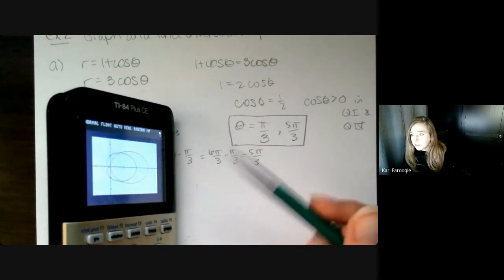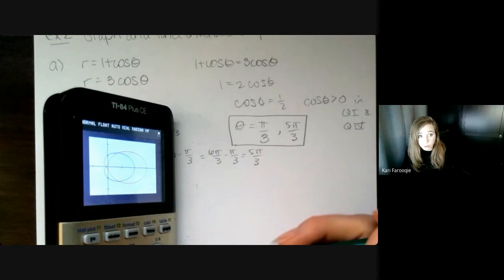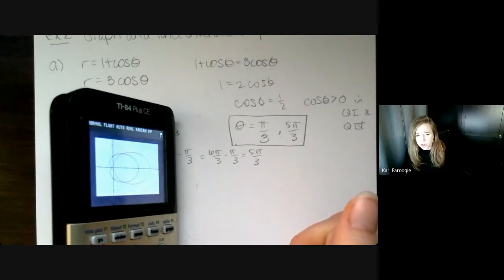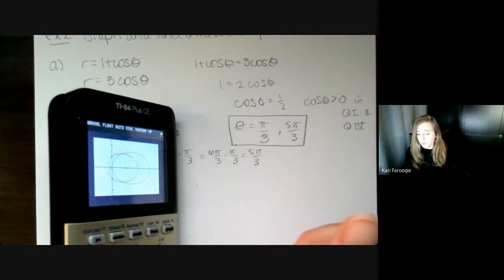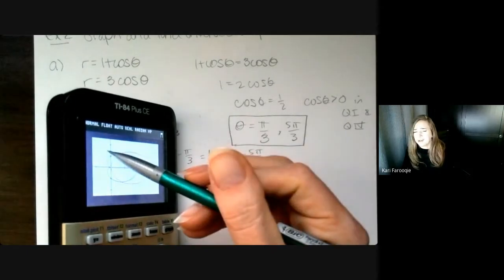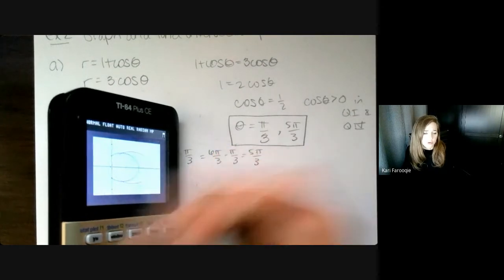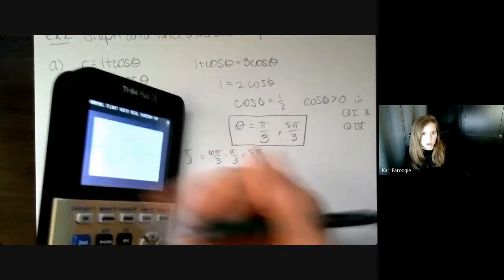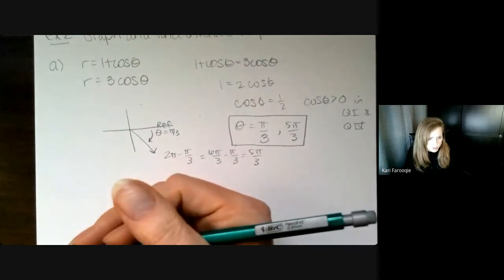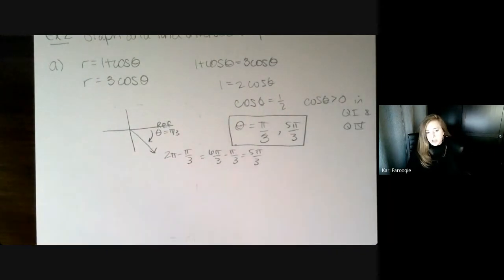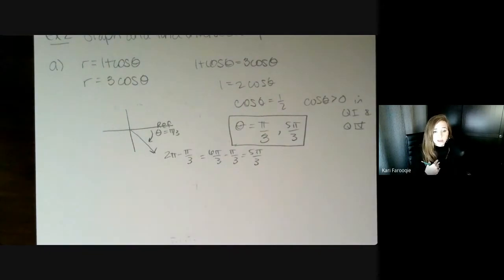So let's say that you screwed up and you forgot that cosine is positive in quadrant 4, and maybe you were thinking it was positive in quadrant 2. Well, if you got something like 2 pi over 3, you'd be looking over here, and then you'd be like, whoa, whoa, whoa, wait a second, that can't be right. So it's really important that we use our graph in conjunction with the algebra and trig that we're doing here to solve these angles.